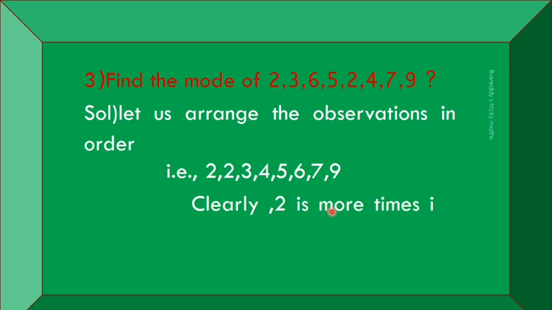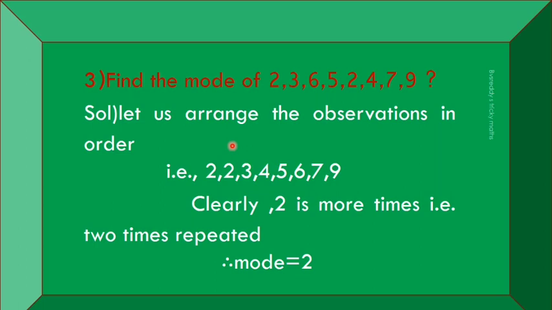So in this way, without any pen and paper, we can say 2 is the mode. Here 2 occurs more times, that is, 2 times repeated. That's why we take mode equal to 2. In this way we have seen for ungrouped data how to find mean, median and mode. By these methods you can solve more problems in a textbook and workbook. Now we go to another problem and formulas. Let us check.